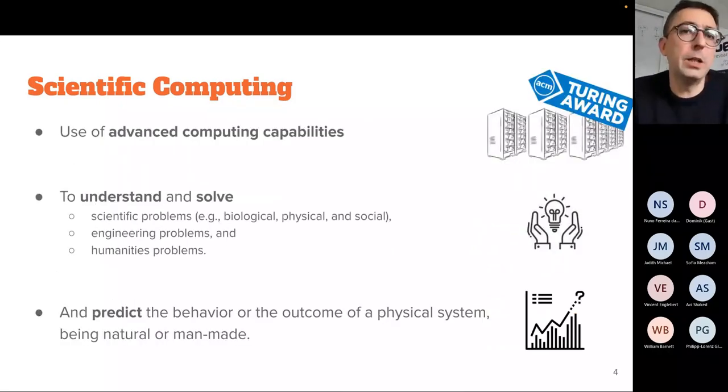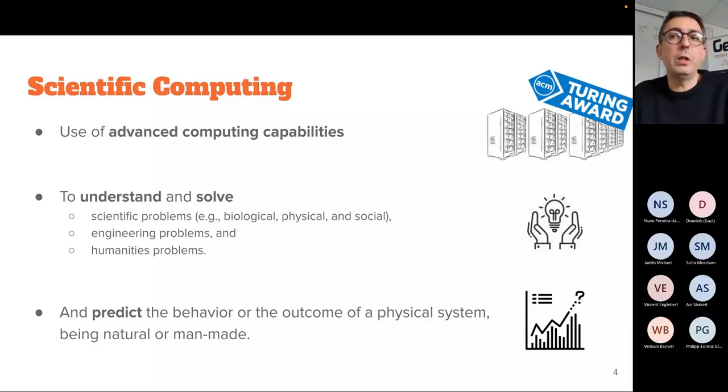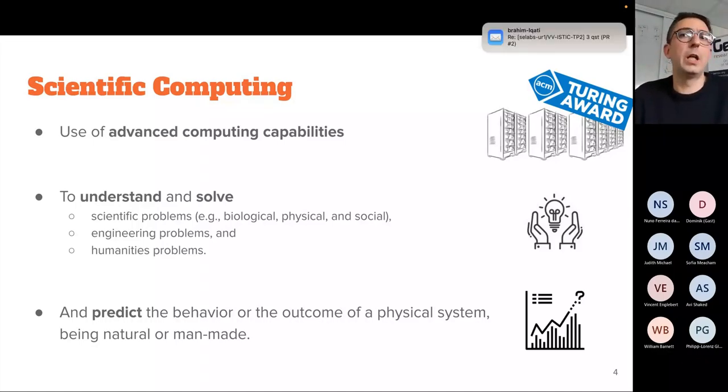So what exactly is scientific computing? At the heart and soul of scientific computing, we have computing capabilities, big machines, and we use these big machines for very big simulations, running a lot of simulations on them. That's a complete research field. I mean, there is a very big field about high performance computing. And by the way, that has been the Turing Award of this year. And it's not directly related to